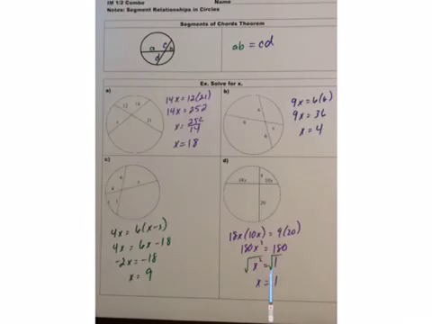Normally when we do the square root, it would be plus or minus, but if we plug in a negative, we would have a negative length. You can't have a negative length, so